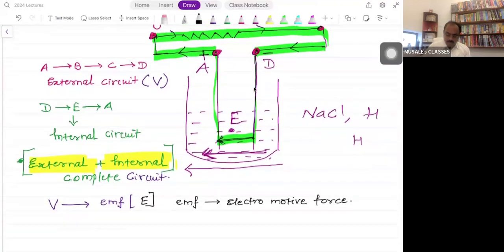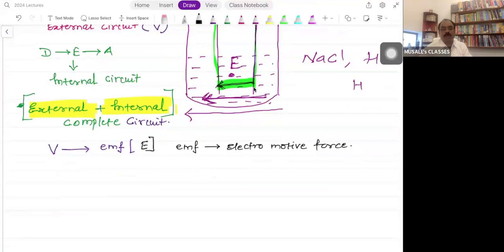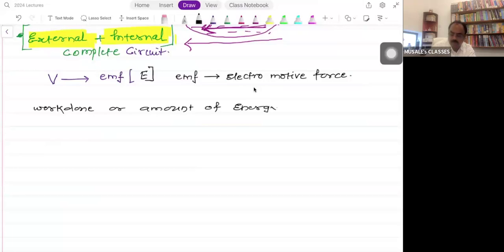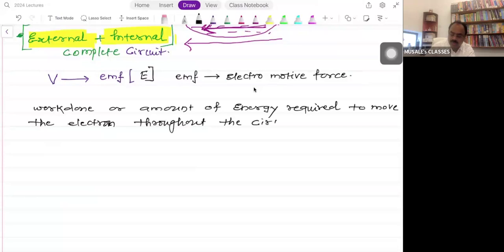It is the work done or the amount of energy required to move the electron throughout the circuit once. Throughout the circuit means